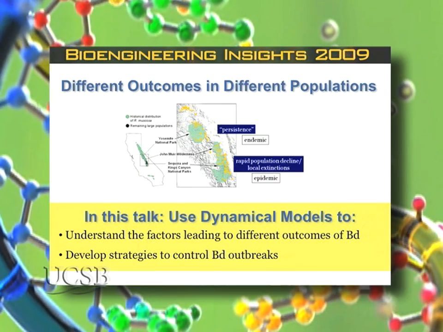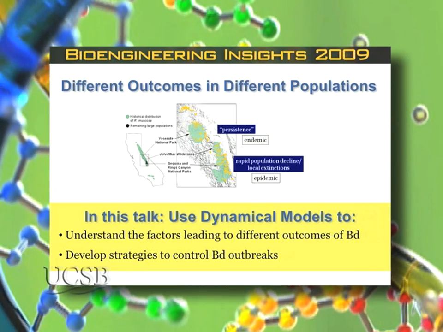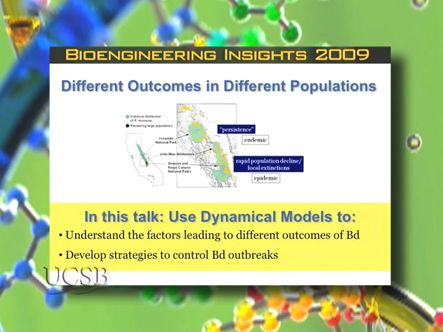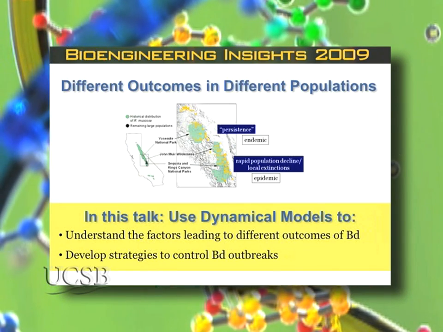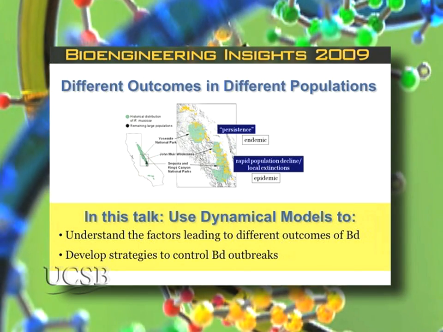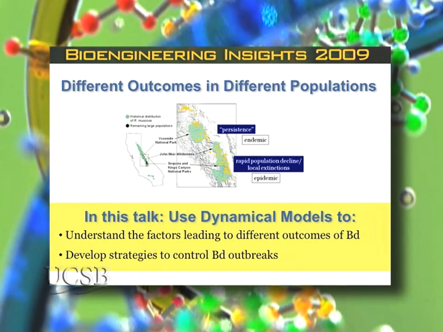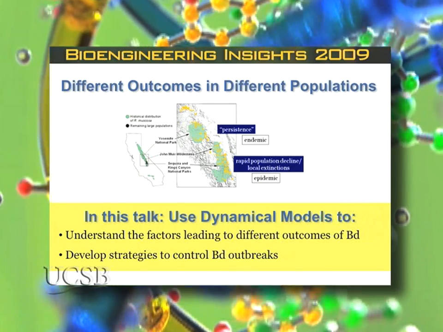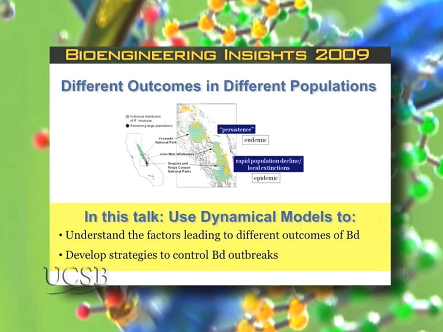So what we're seeing in the Sierra Nevada is different outcomes of this pathogen in different areas. In the southern parts of the Sierra, California, Rana muscosa occurs, or at least used to occur in all of the green area, and in areas of Sequoia and Kings Canyon National Park in the southern Sierra, right now we're seeing the fungus getting there for the first time, causing huge population declines, local extinctions of hundreds of frogs from hundreds of water bodies. Whereas in other parts of the Sierra, especially around Yosemite National Park, what we're seeing is apparent persistence of the